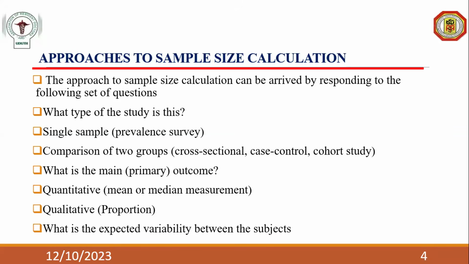So then, what is the expected variability between the subjects? You also have to know the difference between the subjects that you are expecting. In case you are comparing two groups, maybe you want to compare those that have used something from those that have not used. What is your expected difference, the one you think may be a significant difference? You have to also put that aspect into consideration for you to use the right formula in calculating your sample